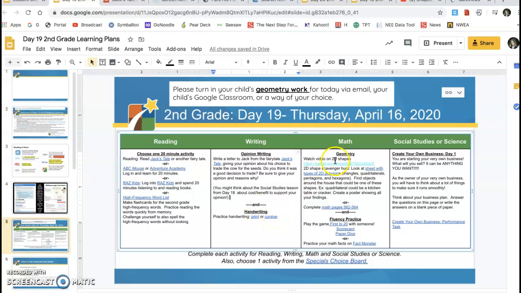For geometry, we are reviewing 2D shapes, so you can click on this. This is my Save Share that I made, and because there was not a video from the district on this, I thought a little review video would be a good idea. One term you do need to know that you might not be familiar with is vertex or vertices. That is explained in the video, but if you are not watching it, you just want a quick reminder: a vertex is a corner on a shape.